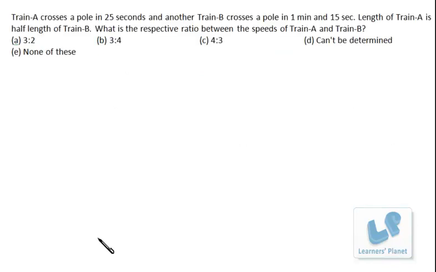Now we have a problem of trains. Train A crosses a pole in 25 seconds and another train B crosses a pole in 1 minute and 15 seconds. Length of train A is half the length of train B. What is the respective ratio between the speeds of train A and train B, right? So if a train is crossing a pole, that means in that case speed of the train is what? Speed is equal to